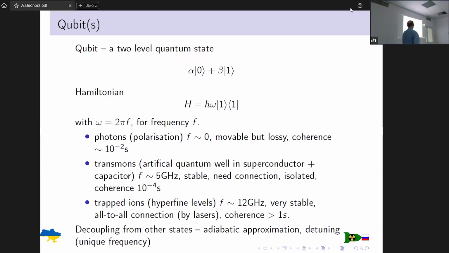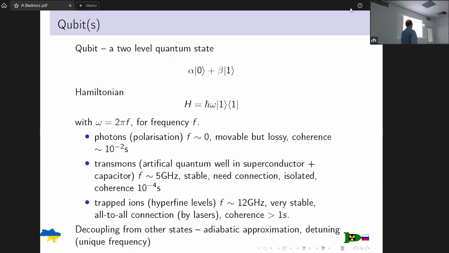The Hamiltonian is usually very simple. It's not the only one, because we talk about photons in a minute, but the qubit is organized in such a way that the frequency or energy of state 1 is different from the energy of the state 0. And this different frequency is a working frequency, drive frequency, you can call it in a different way. And it helps to make some operations on qubits.